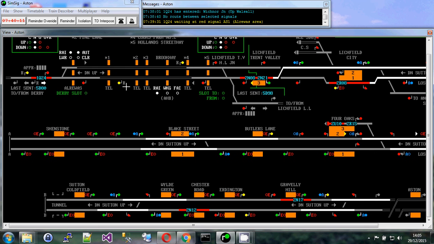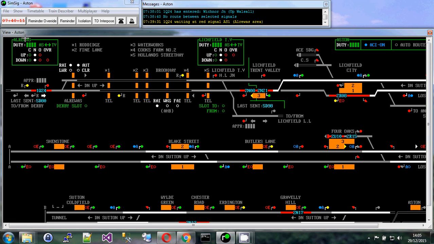There is something special on this simulation, and it's called absolute block. And when I say special, this is actually something very old-fashioned. This is the original signaling. When trains were first introduced, there was no signaling. A train would leave a station or a certain place, and the next driver would just have to make sure that at least so many minutes went past,